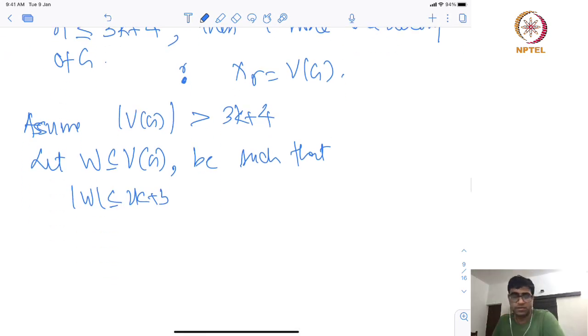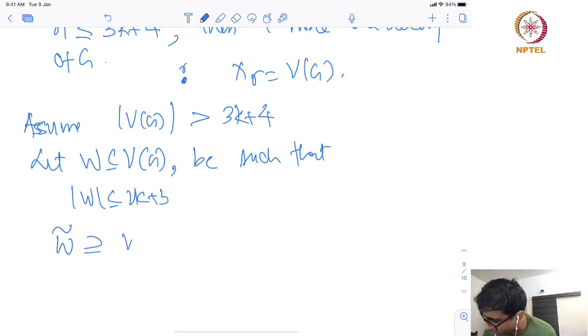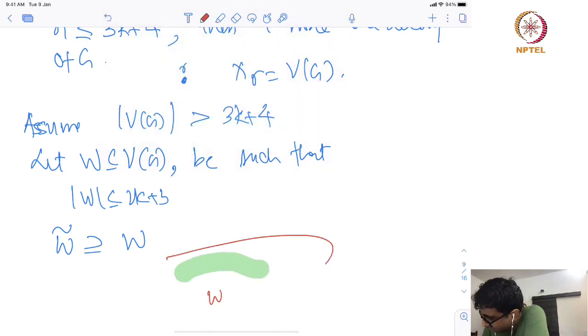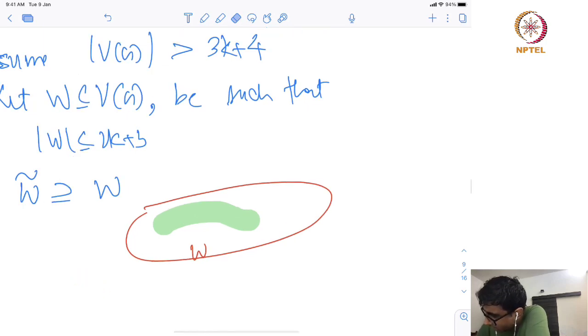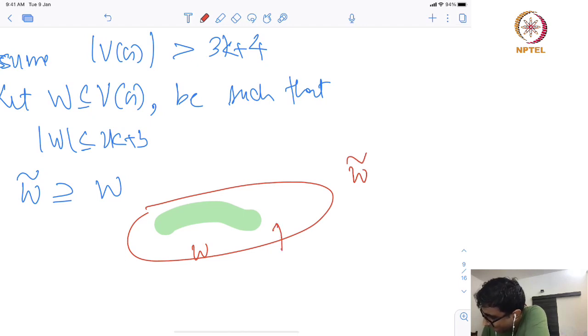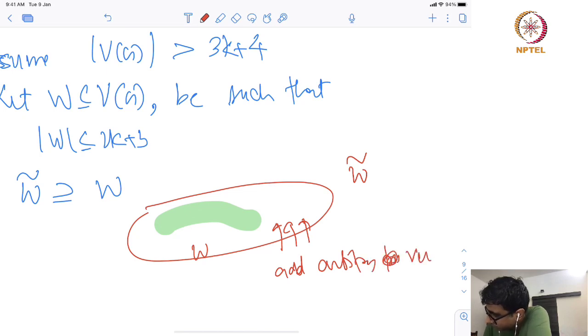What I am going to do is, given this W, construct W tilde which will contain W. This is my W, but the size of W is strictly less, so what will I do to make W tilde? I will add arbitrary vertices from V(G)